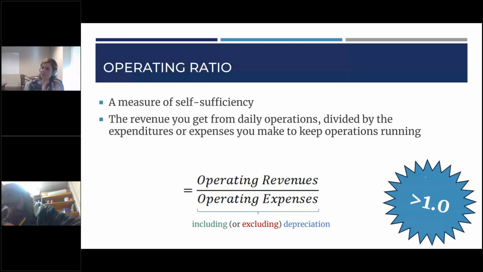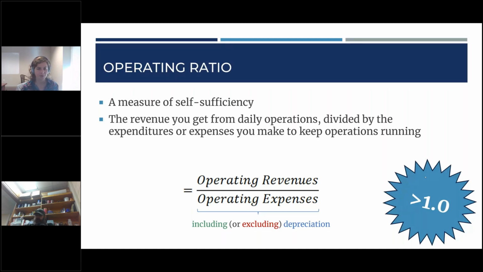All right, so again, as I go through these, if you have questions, please just put them in the chat or raise your hand. I'm happy to answer them. This is really, I think, helpful stuff if you're thinking about utility financial management. It provides you the opportunity to understand where your utility is today and gives you something to shoot for whenever you're setting rates in the future. So if you have questions, please take the time to type out those questions and I'll happily answer them.